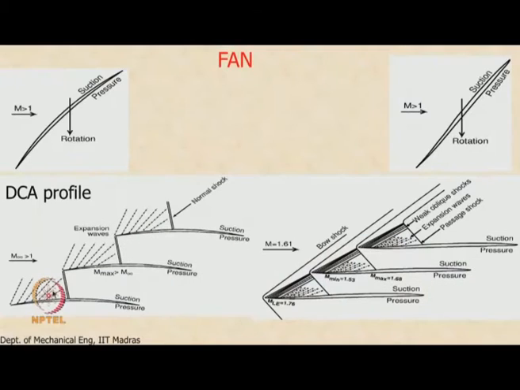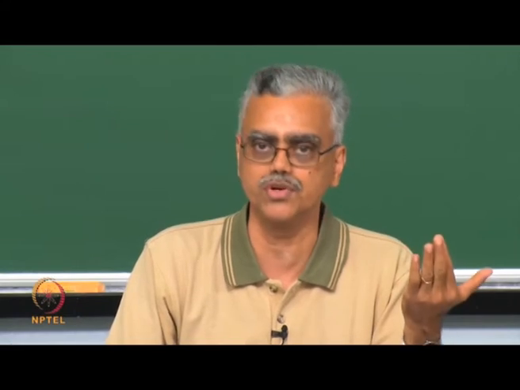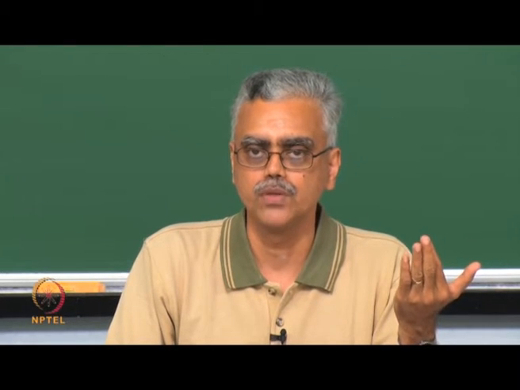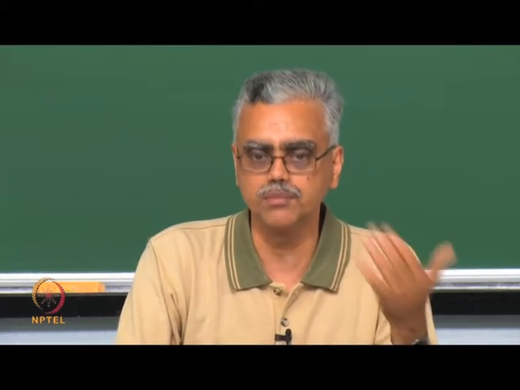In this case, because there is this acceleration in the early part of the blade, the free stream Mach number may be 1.2, 1.3 or so, relative Mach number, but after this acceleration, the Mach number before the normal shock will likely be 1.7, 1.8 or maybe even 2, which means there is going to be a very high loss of stagnation pressure, which is why you cannot use the double circular arc profile for both the subsonic and the supersonic sections. For supersonic sections, we need to do something different.